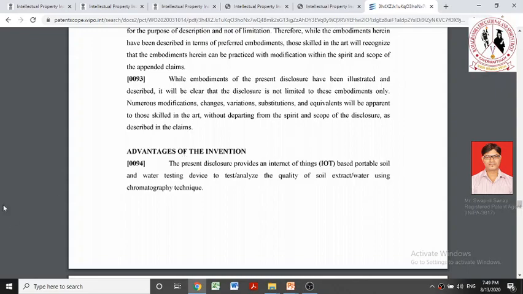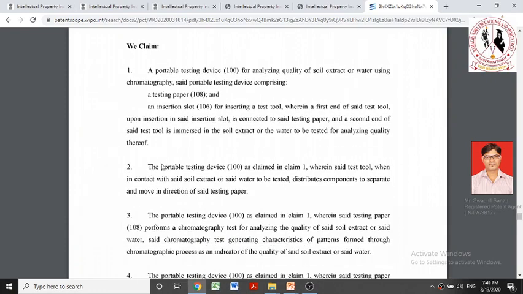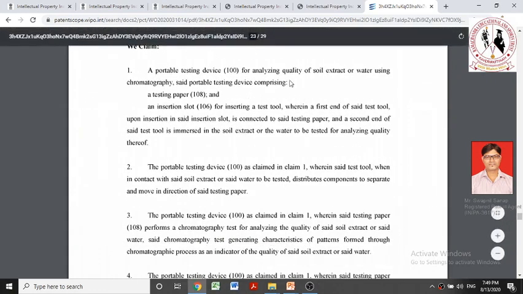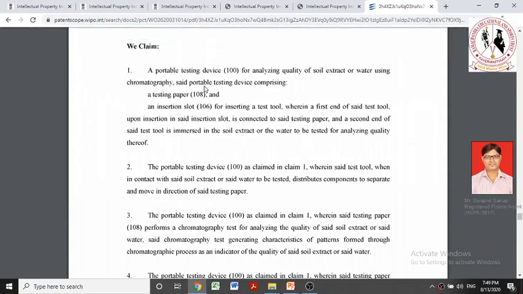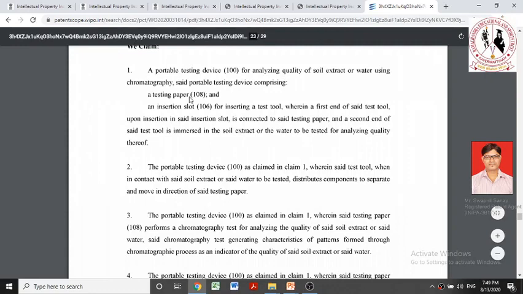So once the detailed description is finished, the next portion that comes is claims. In the claims, I told you, any content before the connecting phrase or transition phrase is referred to as a preamble. So the preamble in this case is a portable testing device 100 for analyzing quality of soil extract or water using chromatography, right? Then he specifies what this particular device includes. He specified that the testing device comprises a testing paper 108,